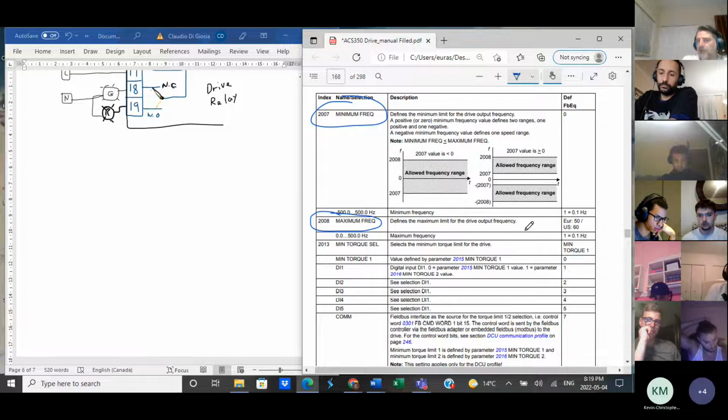Okay, so what if I said 30 hertz? Well, 30 hertz would be half the speed of the nameplate rating of the motor, so around 800 something. Okay, so for this one, what I've got for you is